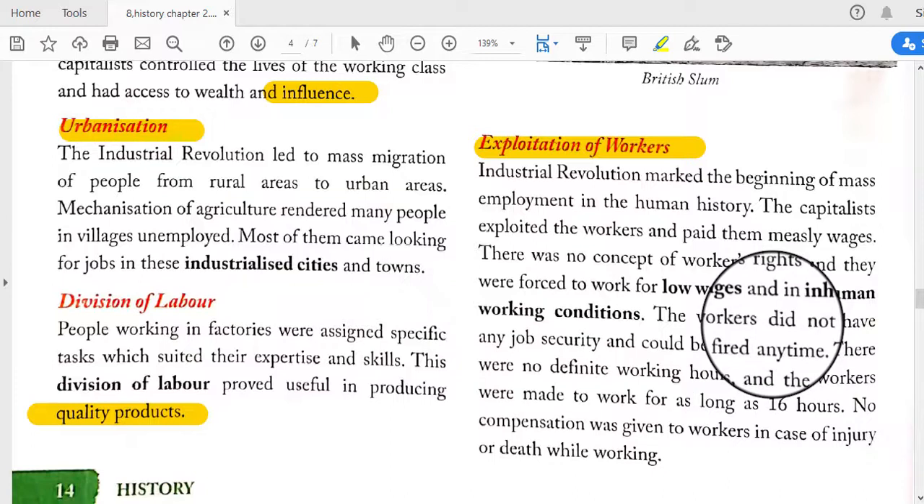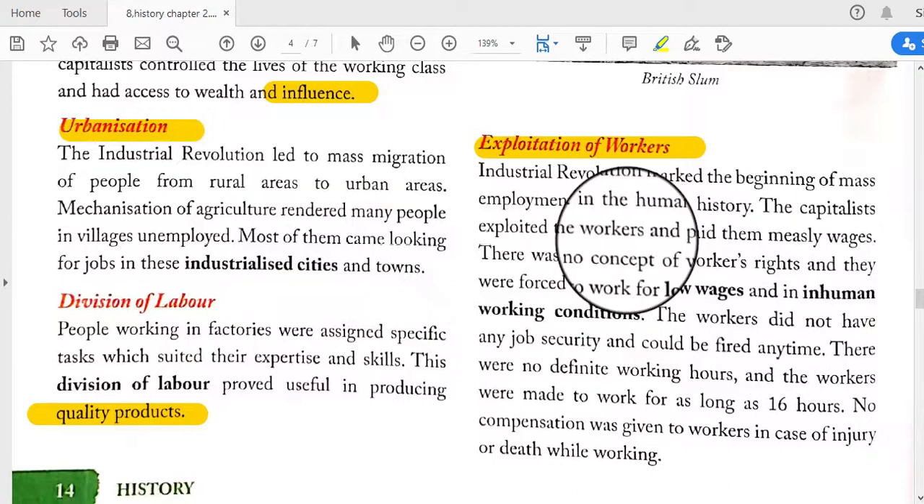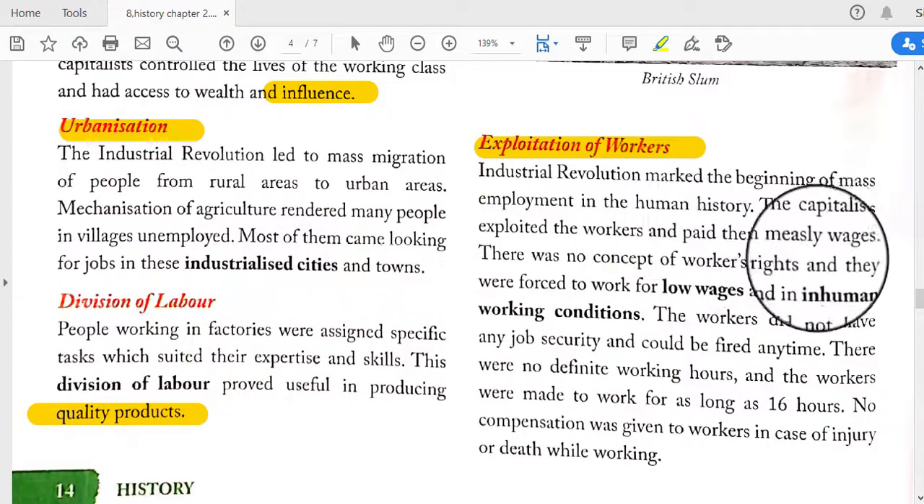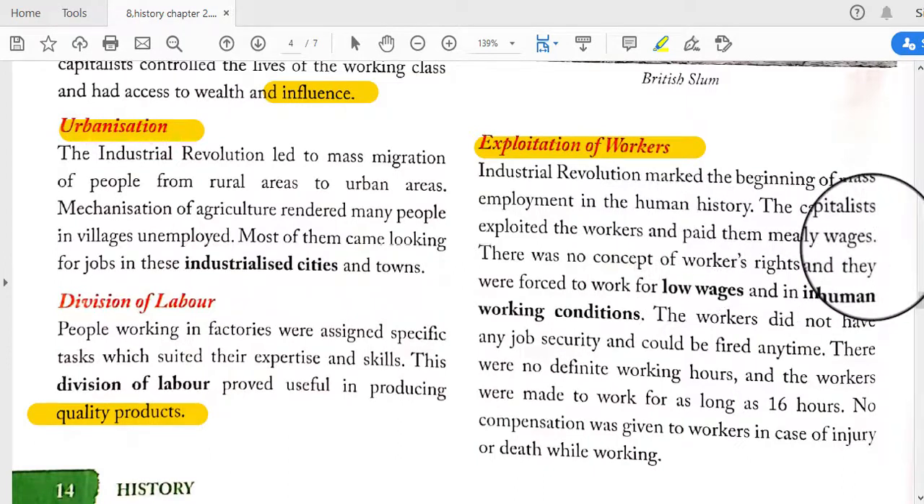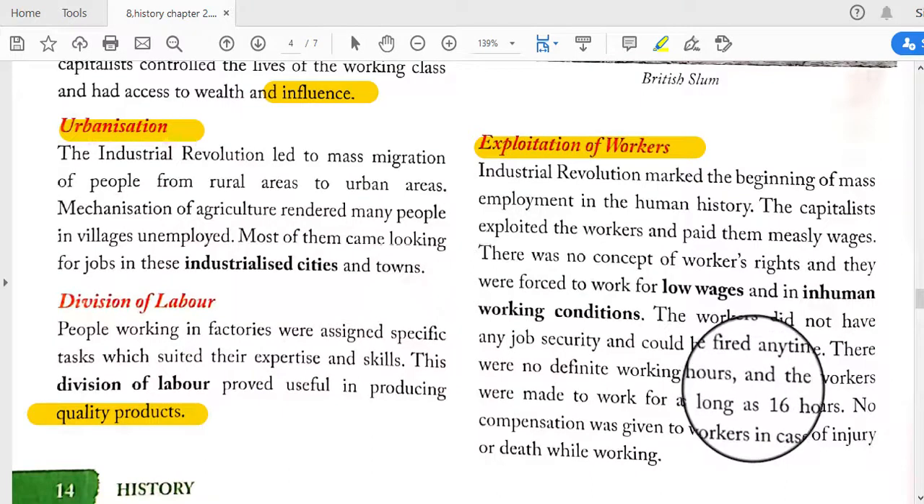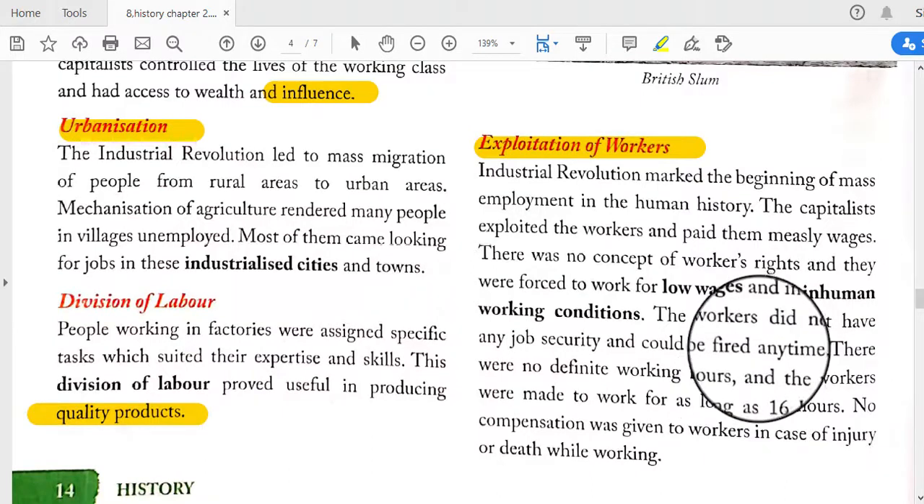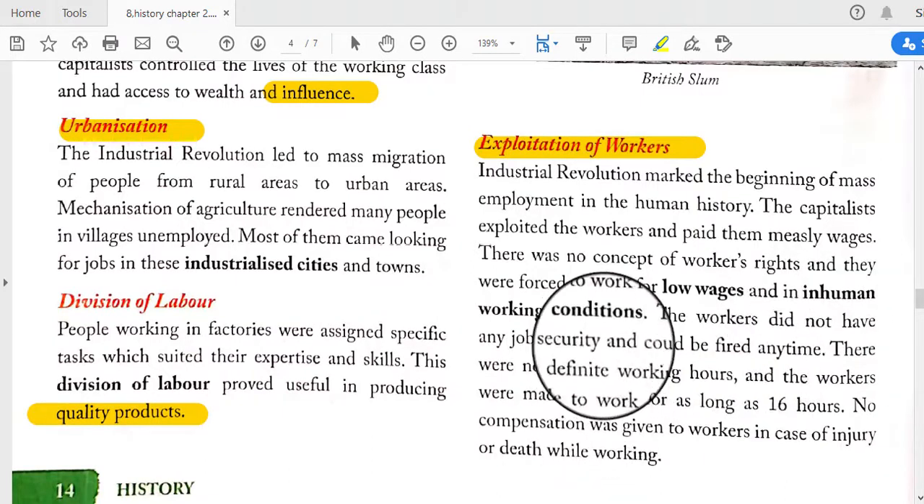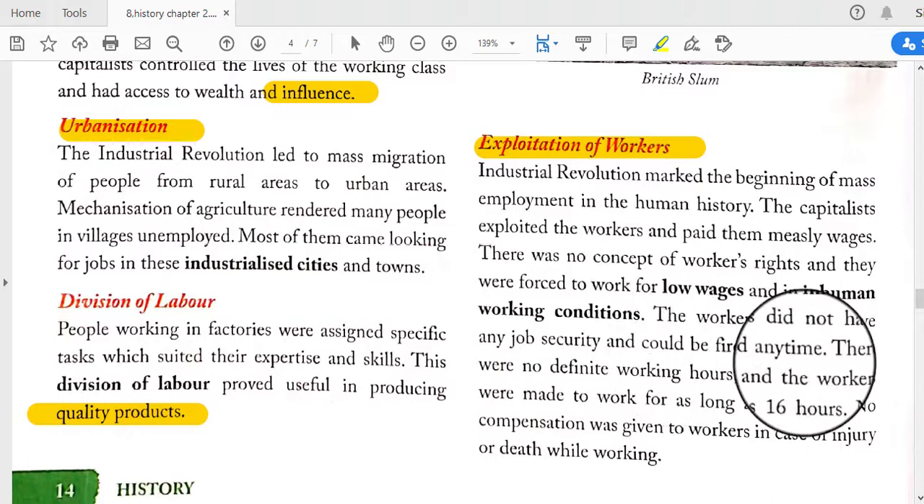So there was no kind of job security, and the capitalists exploited the workers. They always tried to exploit the workers and paid them measly wages. They paid a very small amount of wages, but the workers worked a lot. In this way, sometimes labor unrest happened, and the workers did not have any job security and could be fired anytime,